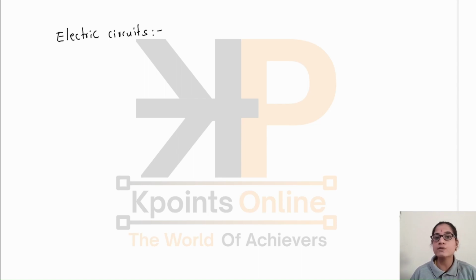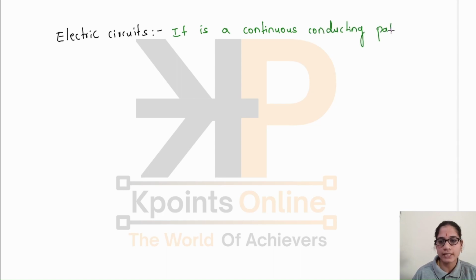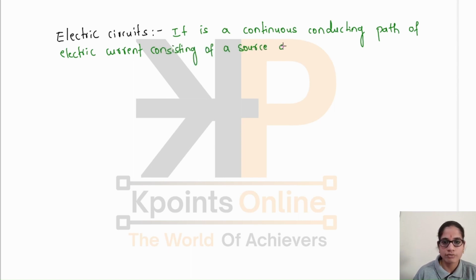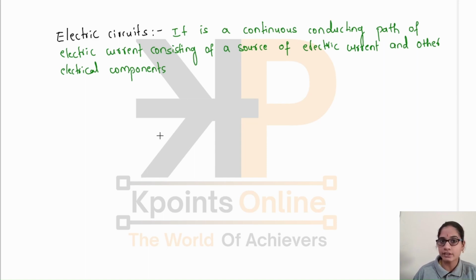An electric circuit is a continuous closed path where the electric current flows, and it consists of a source of electric current and other electrical components like voltmeter, ammeter, rheostat, resistors, etc. So, an electric circuit is a continuous conducting path of electric current consisting of a source of electric current and other electrical components. A simple electrical circuit can be represented as,